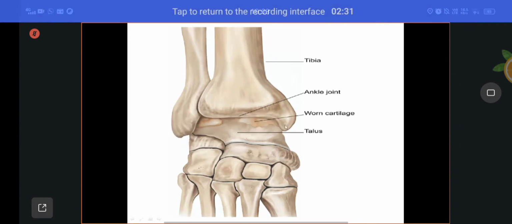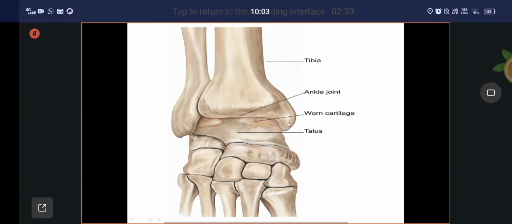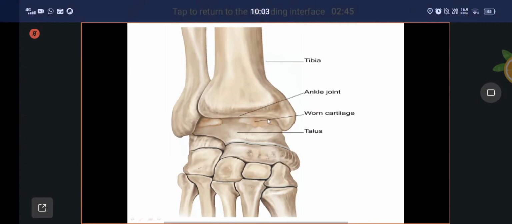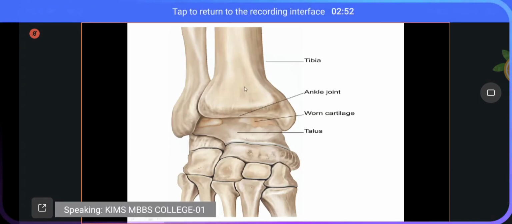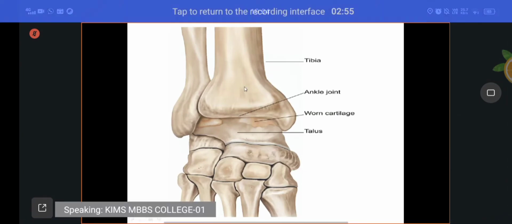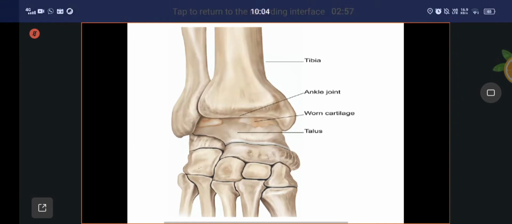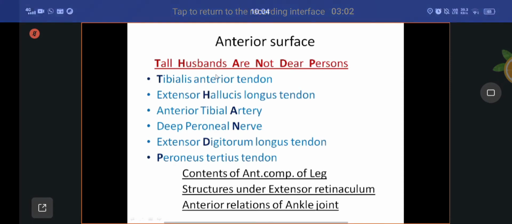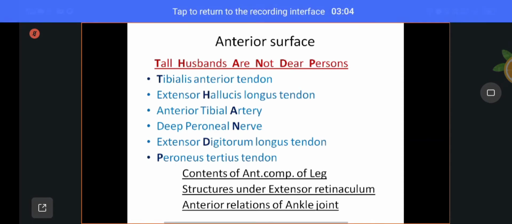This is the lower end of the tibia, and this is a medial surface. There is a bony landmark. This is the prominent feature. This downward bony landmark is called medial malleolus. On the lateral side, this is the notch for the fibula. This notch is fibular notch. Inferiorly it articulates with the talus, the tarsal bone, to form ankle joint. And this is anterior surface, and opposite to behind you will have a posterior surface.